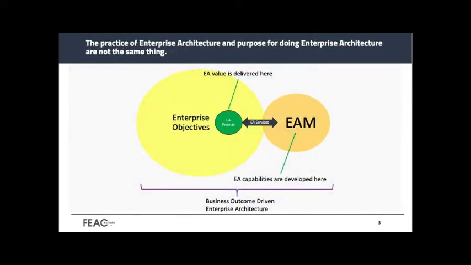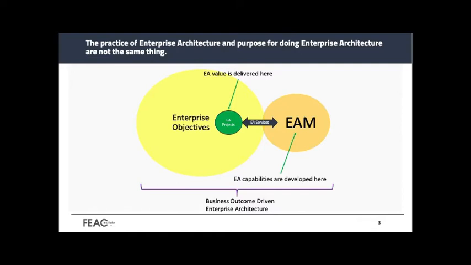The practice of enterprise architecture and purpose for doing enterprise architecture are not the same thing. There is confusion around the practice of EA versus the purpose for doing EA. The practice of EA is about the techniques, frameworks, software tools, etc. You focus on the management of the EA program maturity. The purpose for doing EA is driven by enterprise need, effectively delivering business value. For example, evaluating the fit of new technologies, conducting impact analysis for changes in staffing and roles. The purpose is where value to the enterprise is delivered. These are two different things.